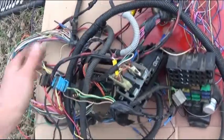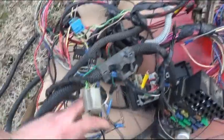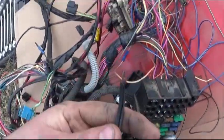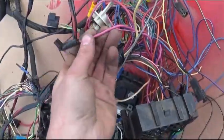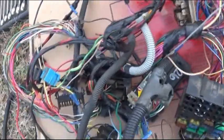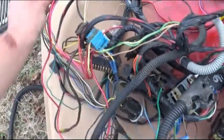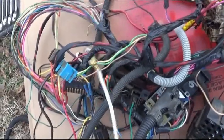Now here's the old harness, and like I said, there's things that were cut. There's things, honestly, I don't even know where it went to. Another end cut, wherever that went. As you can see, this harness is not the greatest. And actually, the thing is, I did not cut anything off when I pulled it out. I pulled it out as is, so all this is actually as it was when I got it, including stuff like this,